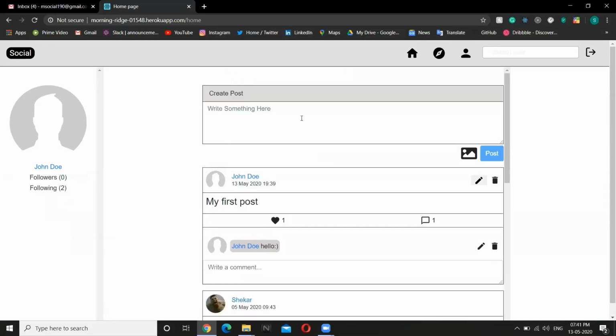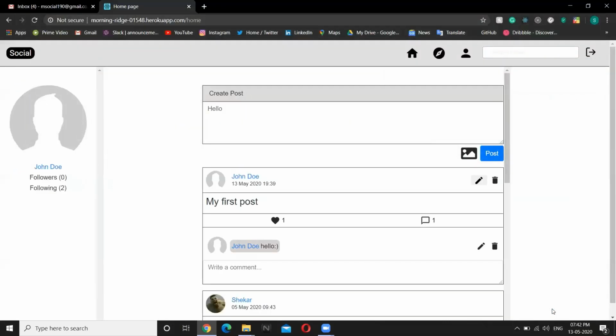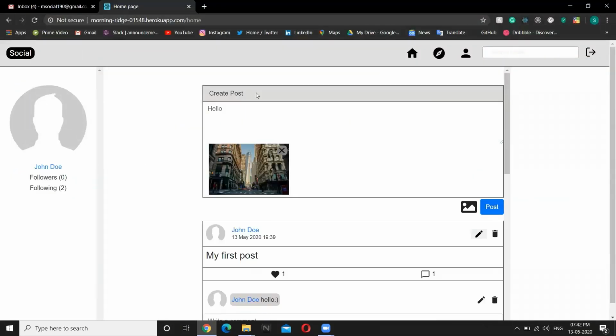Let me add, so we can also add images. We will get a preview of the image we are uploading along with the caption.